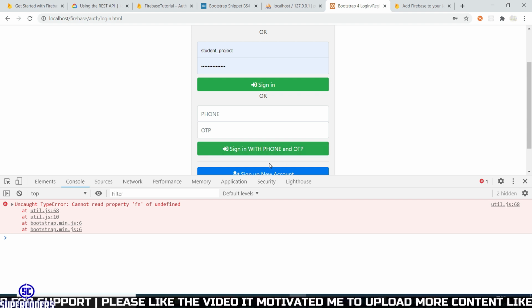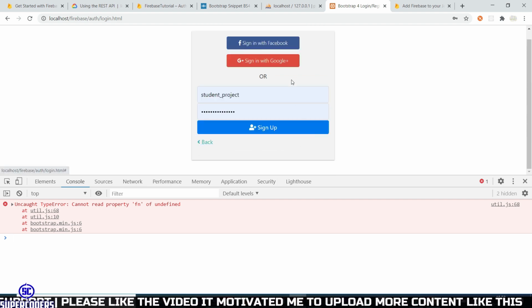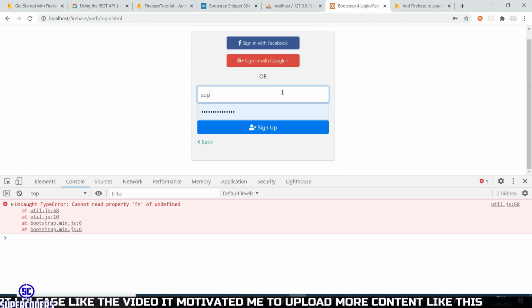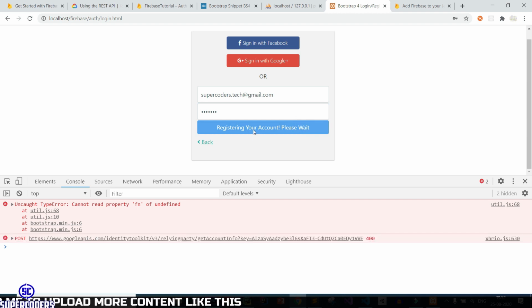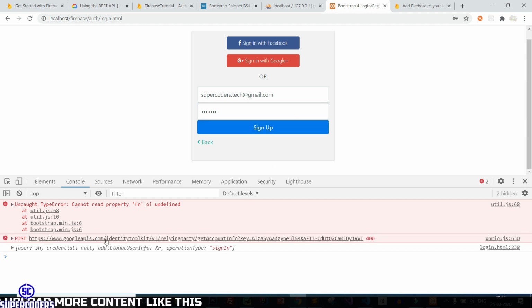So click on sign up with a new account and passing supercoders.tech@gmail.com, password, sign up, and you can see registering your account, and you can see the message.